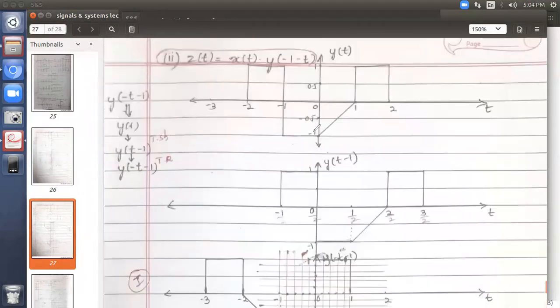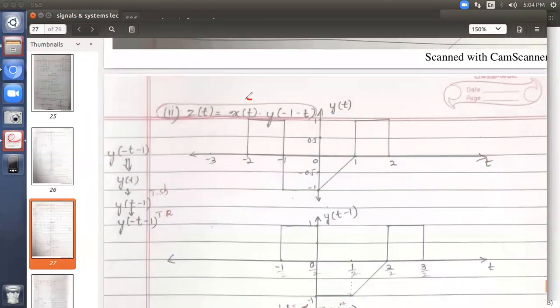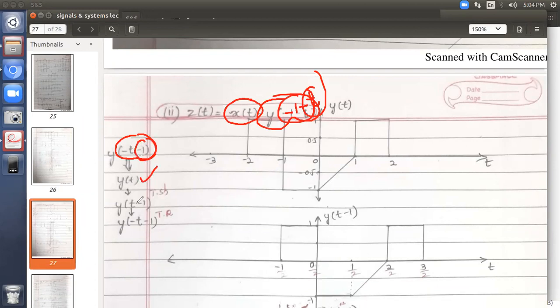Okay. So we will start with y of t. It is simple. Here x of t, as it is, you have to take. Only the manipulation is in the second signal. So see, what is the second signal? y of minus t minus 1. I have written first t and then the number. Minus t minus 1. You start with y of t, shift the signal by minus 1 amount, which means a right side shift by 1, and then go for reversal, reflection. Okay, so let's start this.